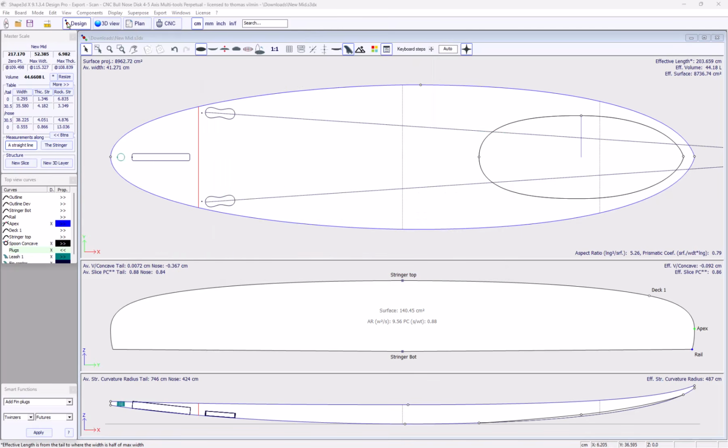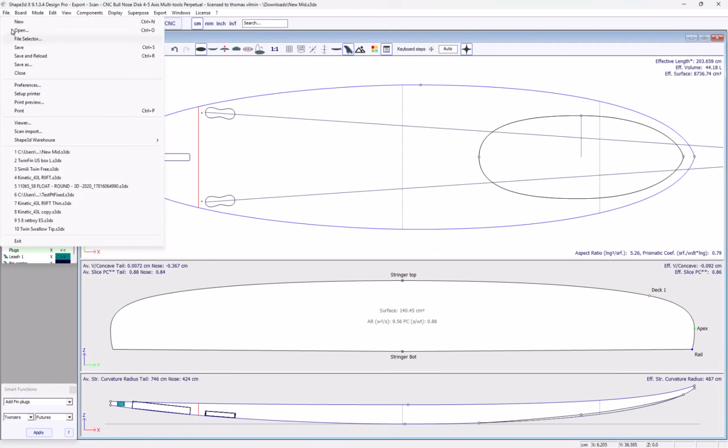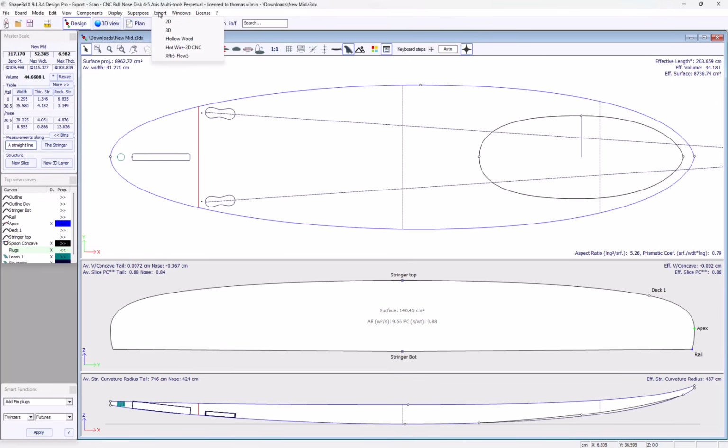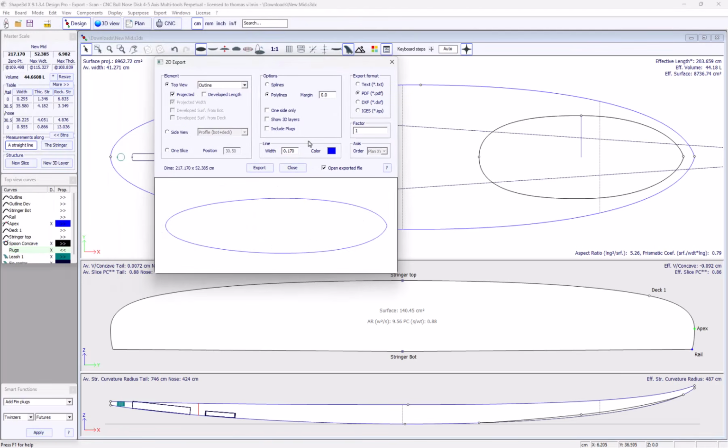So one of the main changes is that the export function is no more in the file menu. Now it has its own menu where you can see the 2D export, 3D export, Hollywood, Hotwire, 2D CNC and XML5. And now if you go to 2D export, you have a preview of the curves you're going to export. For example, all the curves of the top view, outline, curves, spin template, and also the 3D layer outlines